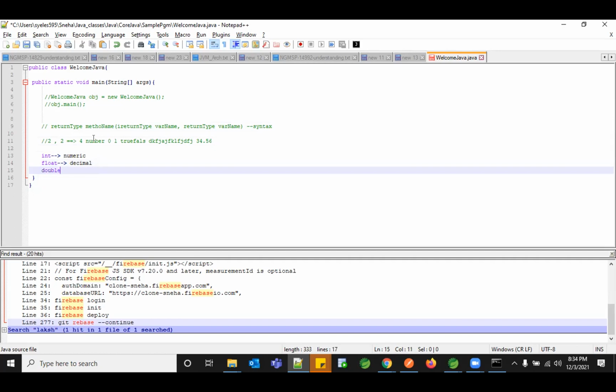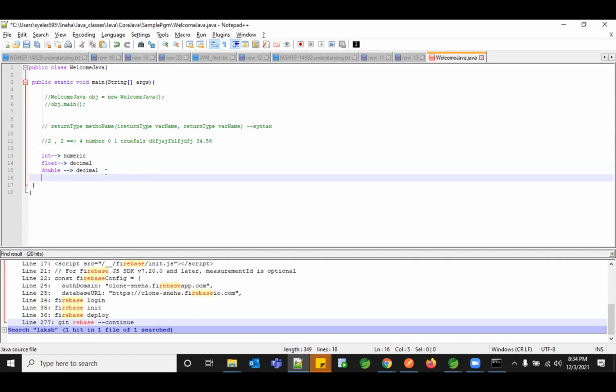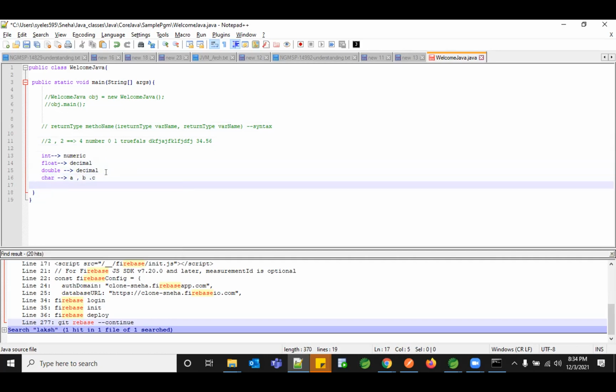And the double is one more data type, which is again for decimal format, but here it can accept more than what float accepts. So that is why they introduced the double data type. You have something called char, which is just a single character, only A or B or C, only a single character it can accept, not more than that. If you go to boolean, it can accept two values, which is true or false. So these are the two values it can accept. So these are the basic data types you need to know as of now. The rest of the data types you will be learning gradually in the next class.